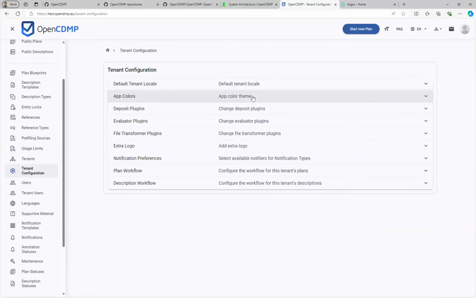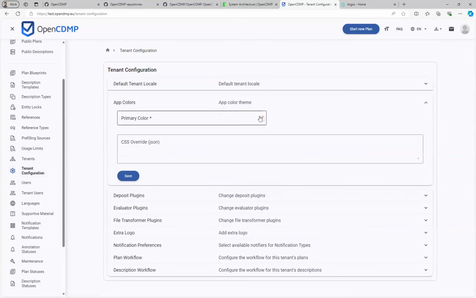You also have some general configurations regarding your tenant or your installation. For example, you can change your theme.